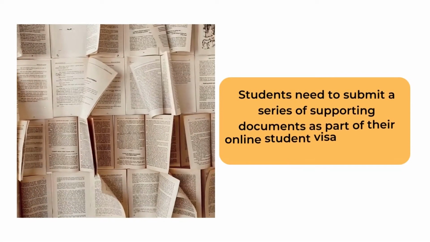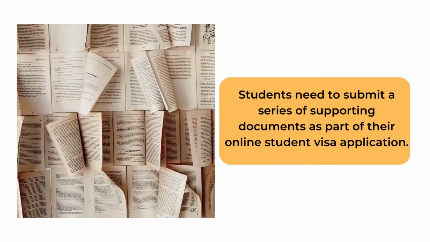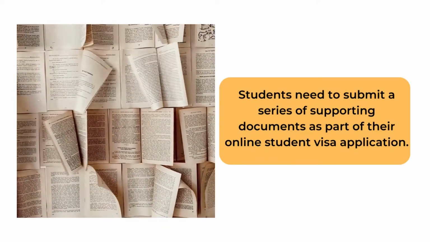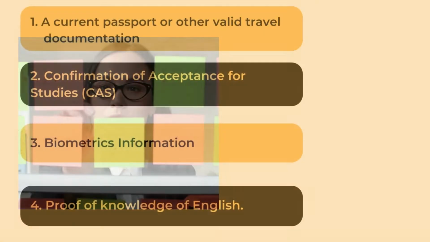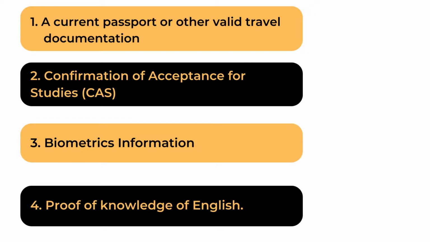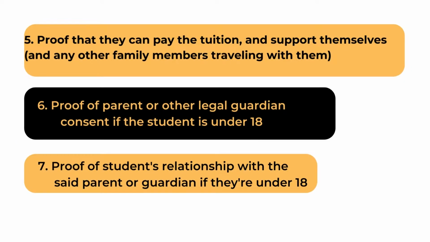Documents required for general student visa, Tier 4. Students need to submit a series of supporting documents as part of their online student visa application. In general, students need the following documents: a current passport or other valid travel documentation, confirmation of acceptance for studies, CAS, biometrics information, proof of knowledge of English, proof that they can pay the tuition and support themselves and any other family members traveling with them, proof of parental or other legal guardian consent if the student is under 18,